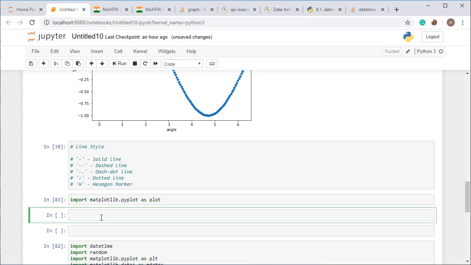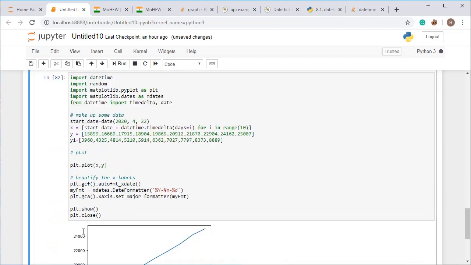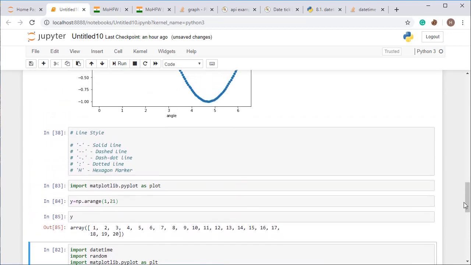I am creating np.arange for numbers from the first over to the 20th over, so I am actually creating a 20-over data set. If you print y, you are going to get the answer like this. I have created from first over to 20 over.